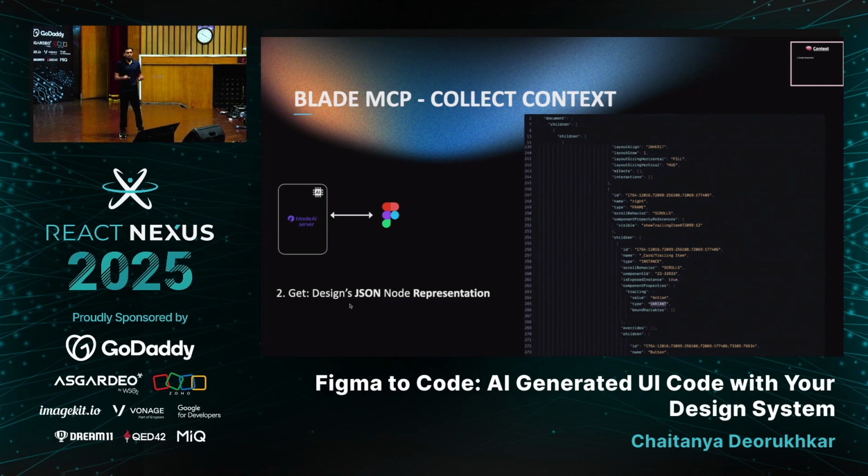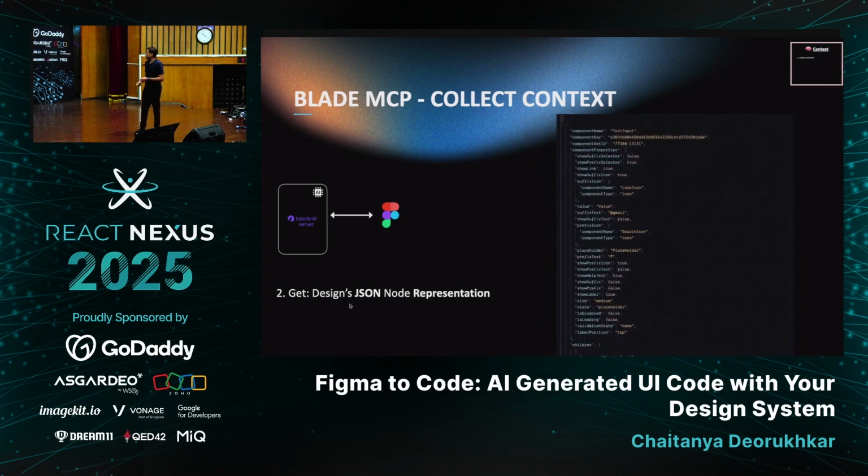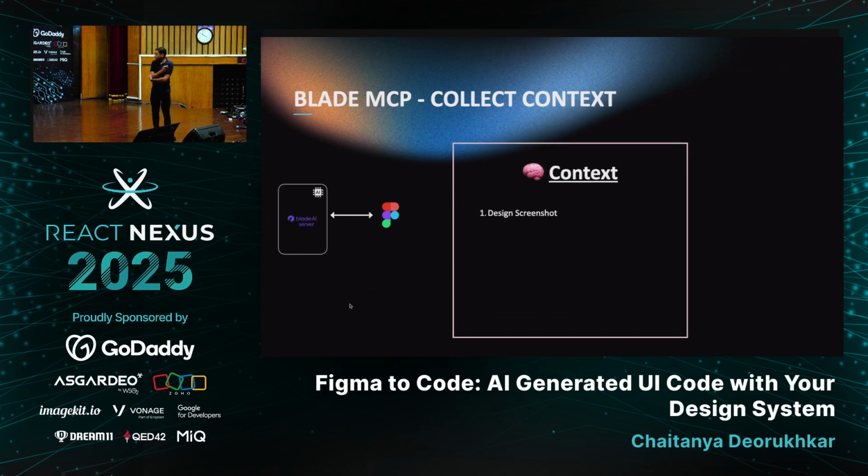So this is where we did a lot of smart transformation and translation, where we converted this JSON dump into something that is a little more meaningful for an LLM to understand. It's still a JSON file, but it is a little more structured. It has the component name, in this case, text input, and properties of the component like value, suffix, prefix, placeholder, etc. And this we are going to do for the entire design. And we're going to put this JSON representation of the design in our context as well.